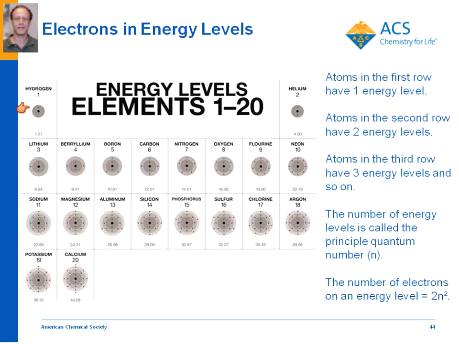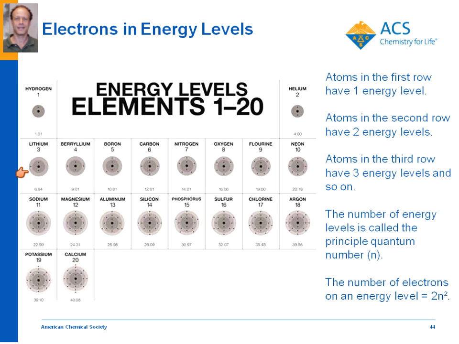And you guys probably know this, but when I first realized that the first row here in the periodic table, just hydrogen and helium, only has 1 energy level. So the first row has 1 energy level. And the second row has 2 energy levels. And the third row has 3 energy levels. And the fourth row has 4. So it's called the principal quantum number, the number of energy levels that an atom has. Now, we don't teach that term to kids necessarily, but you want them to see that